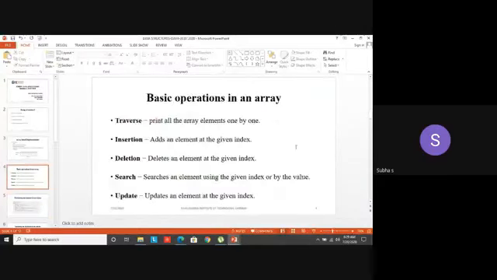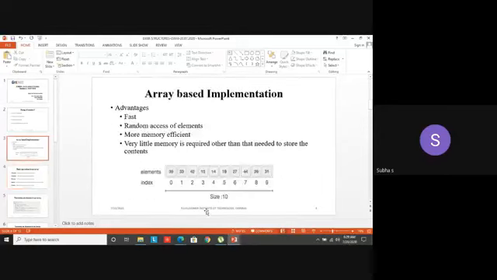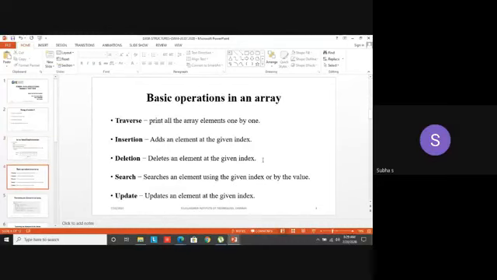Next, the last operation is the update operation. Update means I want to change the element. For that, I need to know the exact position of which element is to be replaced. I want to change the element 14 to 24. 14 is present at index position 4. That means the 5th position. The value here is 4. So I need to give that position. Then only that 14 will be replaced with 24 or 34 like that. So these are the operations that can be done on a particular array. Yes, let's see one by one.